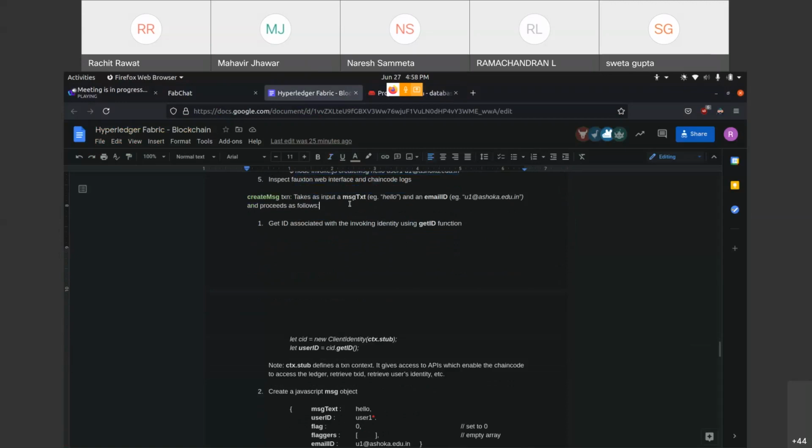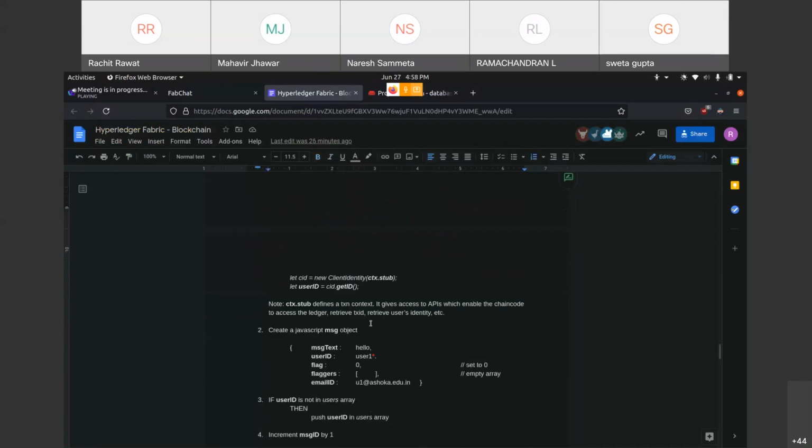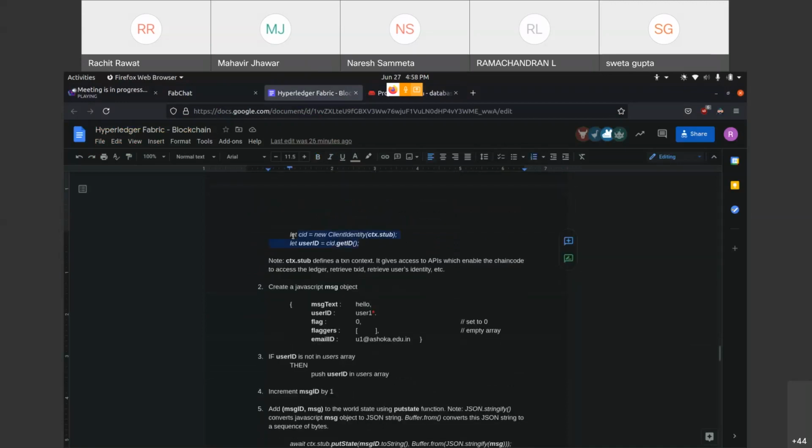So create message takes as input message text, email ID, and proceeds as follows. First of all, you need to get the ID of the invoking identity. So you'll use the get ID function. This is the command line to do that, and this user ID will store the user ID of the invoking identity.